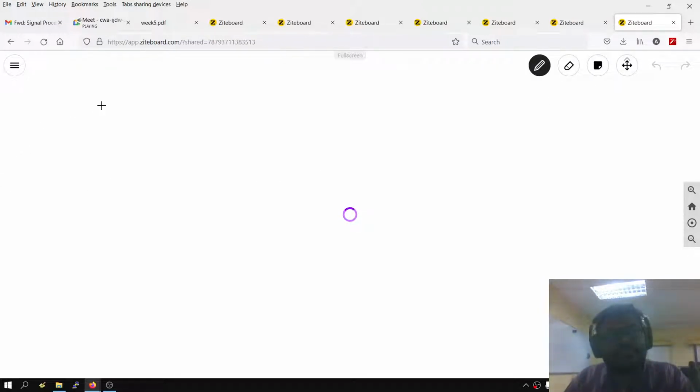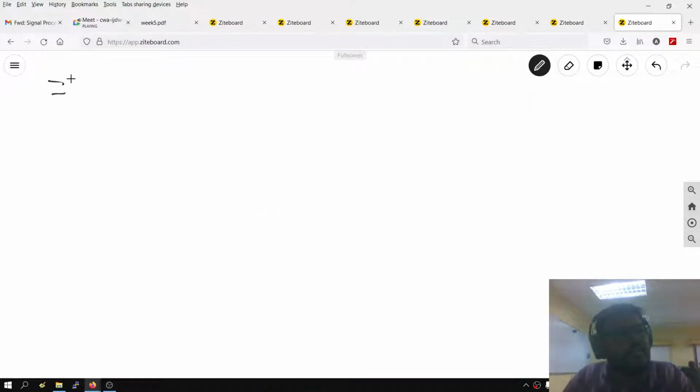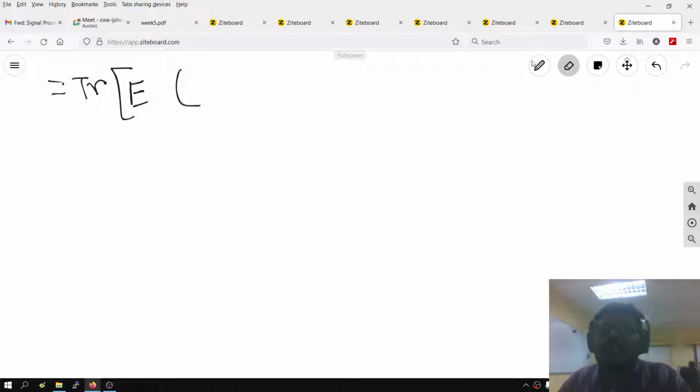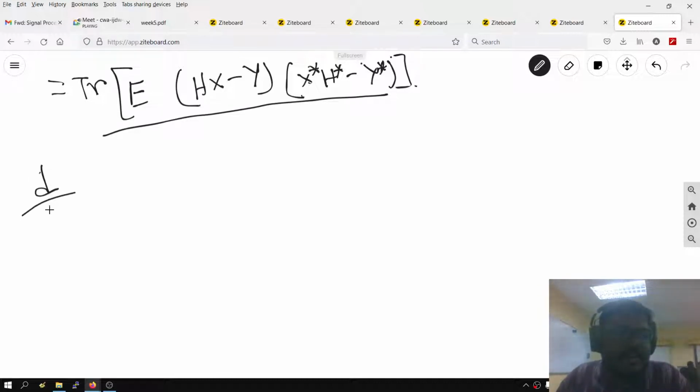So it becomes trace of expected value of Hx minus Y into x star h star minus y star. If we derive it and then minimize this factor with respect to